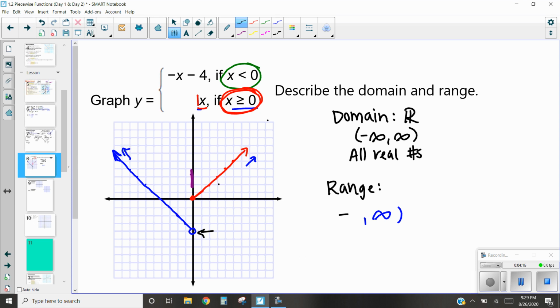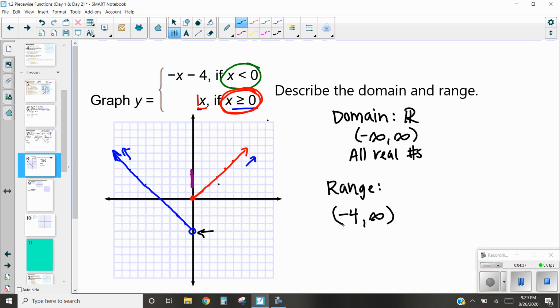And what point is that? Well, that's negative 4. Now I just need to decide, now that I'm at that negative 4, whether I'm going to include it or not. Now if it's an open circle, we don't include that value. So I'm not going to include it. So using that set notation, I'm going to use that curved or that soft bracket, because it says we're going